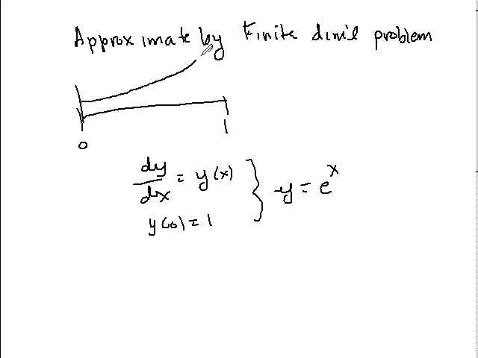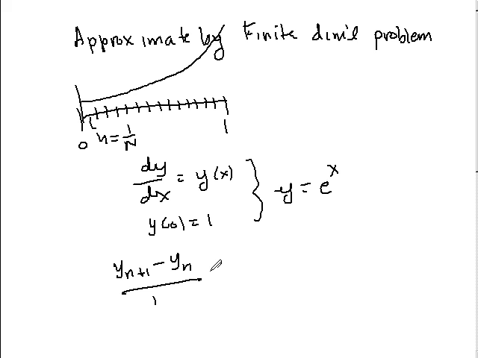So it looks like a nice little function like this. What you can do is, of course, divide up this interval, in the finite difference method, into intervals of length h, say, which is 1 over n. And then you just approximate